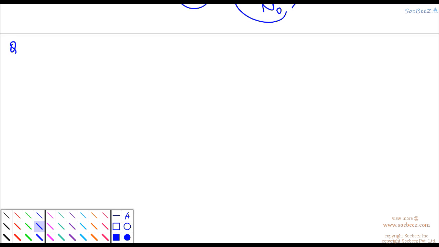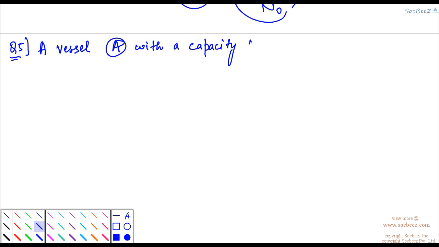So let us do one more question. That would be the last question for this lecture. Let's suppose the question is, a vessel A with capacity V1 equals 3 liters contains gas